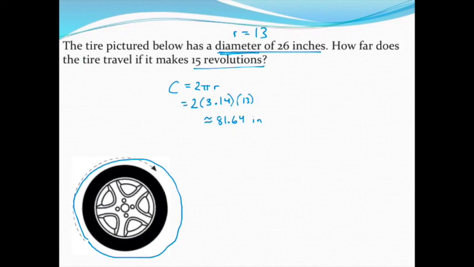So that's one revolution. So let's go ahead and multiply by 15 because that's how many times this problem has said we're rotating. So multiplying that number by 15 revolutions gets me a total distance of 1,224.6